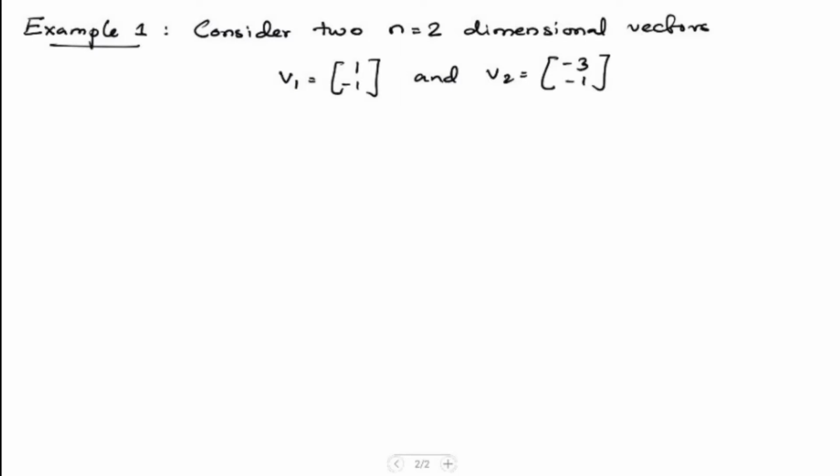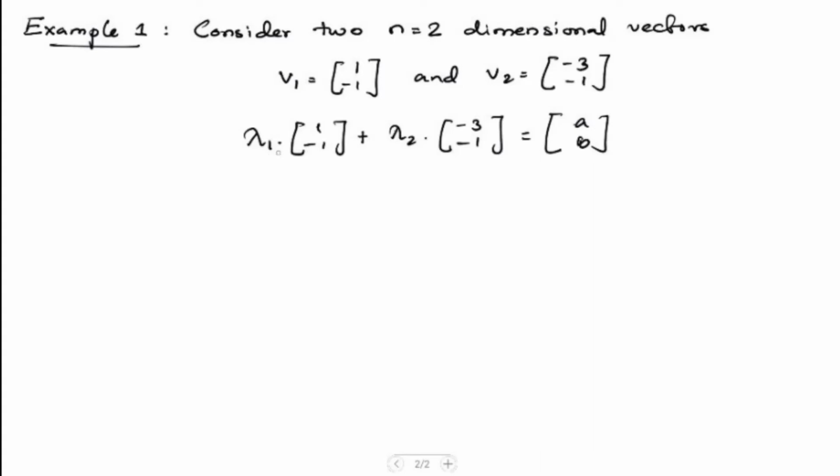so let's consider two n is equal to 2-dimensional vectors v1, where we have the elements 1 and minus 1, and v2, which is having the elements minus 3 and 1. So we know from the previous work what we just did, we have lambda 1 times the vector 1, minus 1, plus lambda 2 times the vector minus 3, 1 is equal to the general vector. Let's say it now, previously I wrote xy, but now I would call it AB. Okay, so here now,